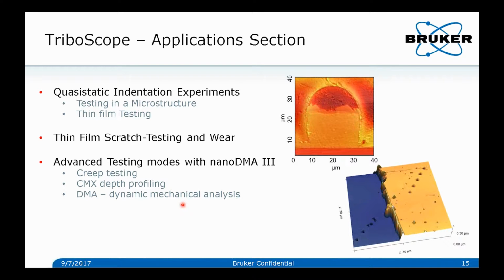Okay, so moving on, we will talk about a few application examples. I'll start by talking about this solder bump application. So you can see in the red here, this is a cross-section of a solder bump. Then I'll talk about thin film testing. This is a diamond-like carbon film deposited on a steel substrate. The yellow part is the DLC film, and the blue is the steel substrate. Then I'll talk about our scratch technique, wear technique, and I'll finish by talking about our dynamic capability, which we